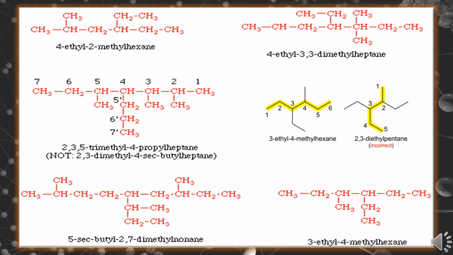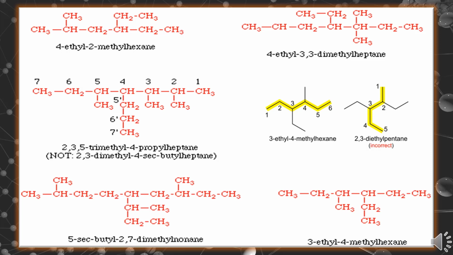Let's do some examples. First, go for the longest chain length in the compound, and that one is the parent hydride. Then search for the position of substituents if they are present. If substituents are present, then add them as a prefix. So let's do one example.